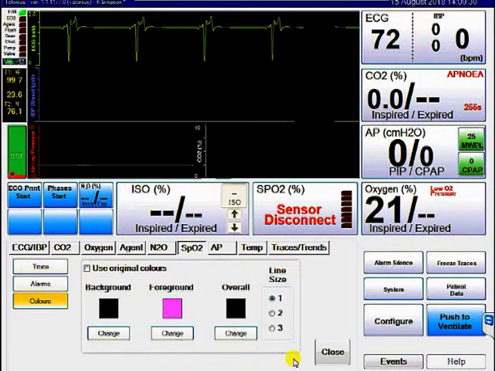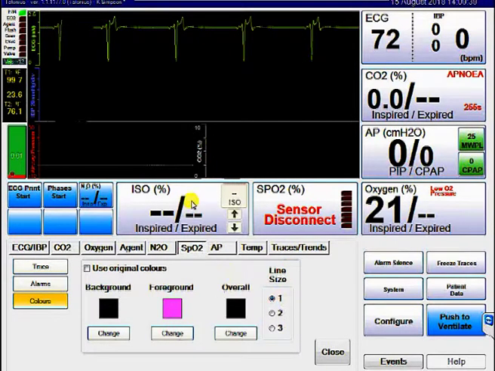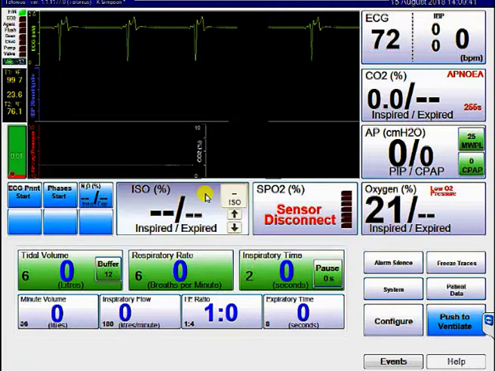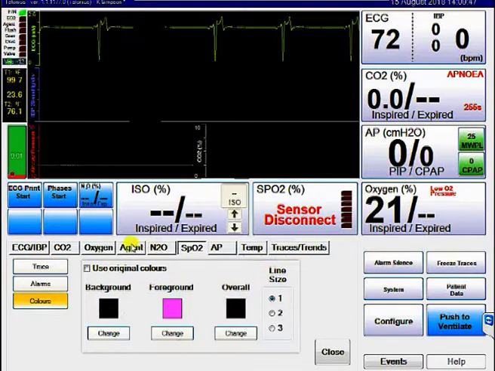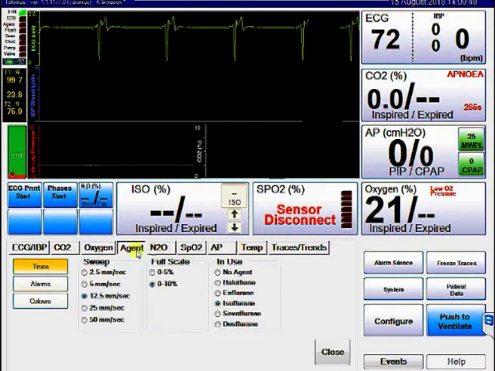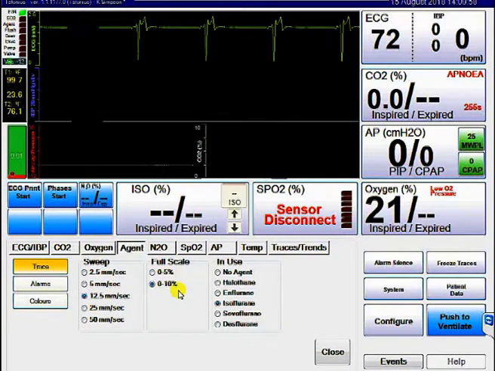Okay, the next one we're going to look at will be the agent, which is next to the SpO2. But as I can either go back, close this, go to agent, or I could, from where I was in my SpO2 button, I've just clicked on the agent, as these tabs are all available at the top. So in agent, we can change the sweep speed and the scale on the screen, and we can select which